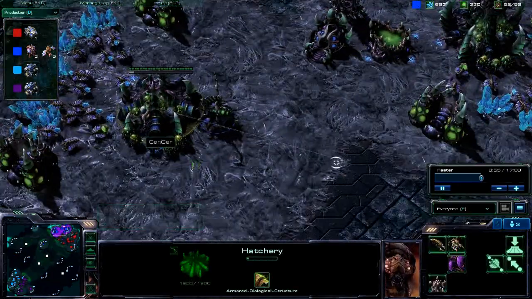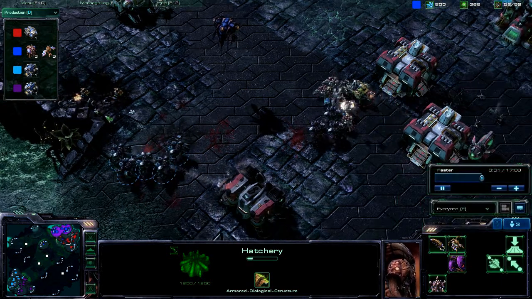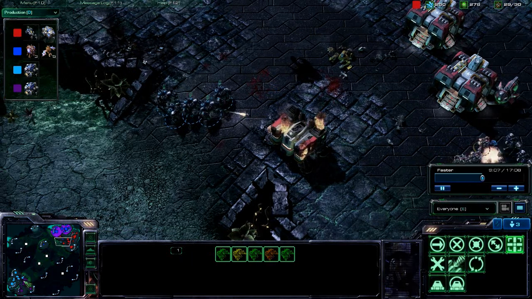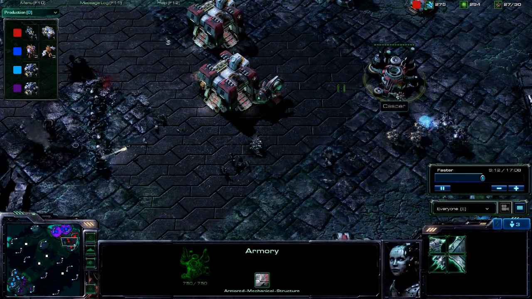CanCer looks like he doesn't have anything reinforcing. He's got 5 mutas on the way, but they are just going to tear into these players' base. No reinforcing troops, so if they can clean this up, they'll be okay. They have got